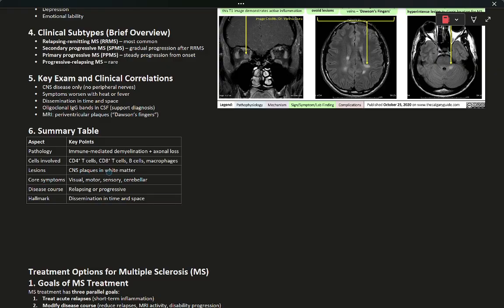Another reason why the lesions will occur in the white matter is because the white matter of your nervous system is the part of the nervous system that contains myelinated neurons. Anyways, the disease course can be relapsing, remitting, or simply progressive. And the classic hallmark for multiple sclerosis